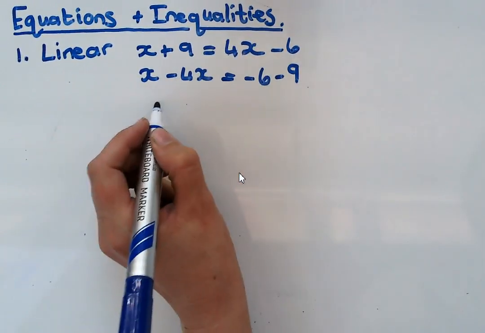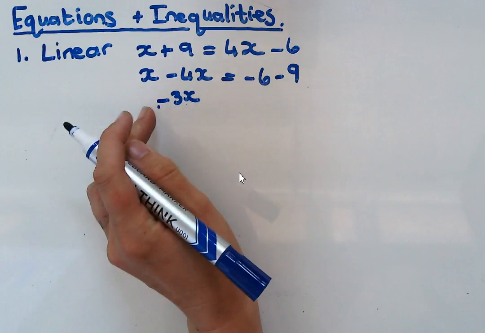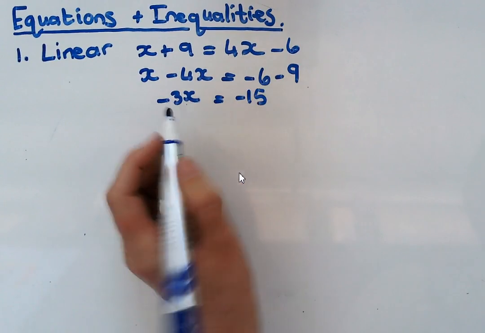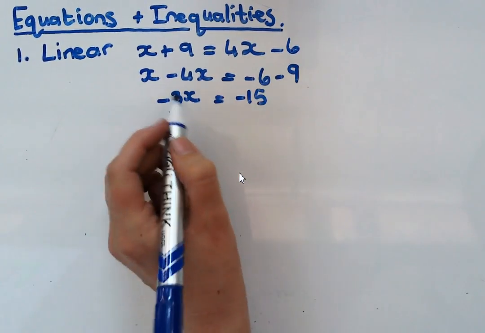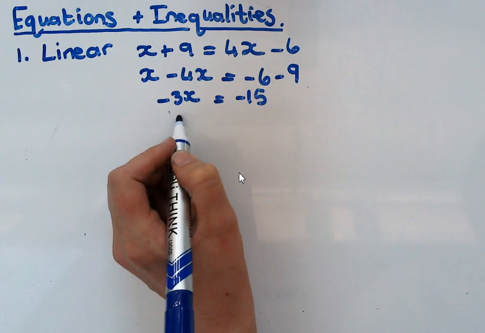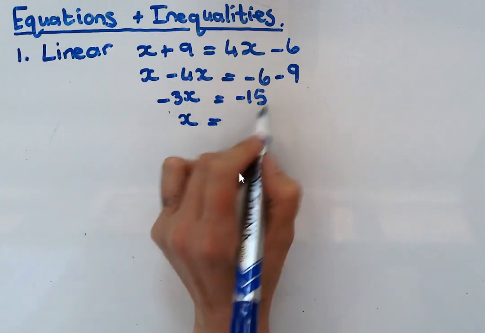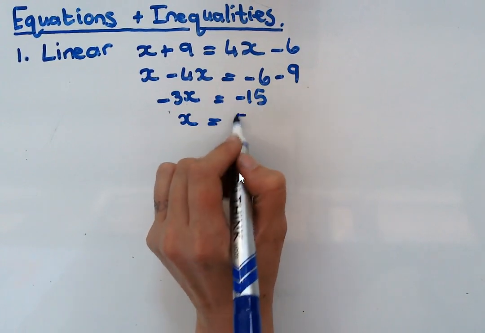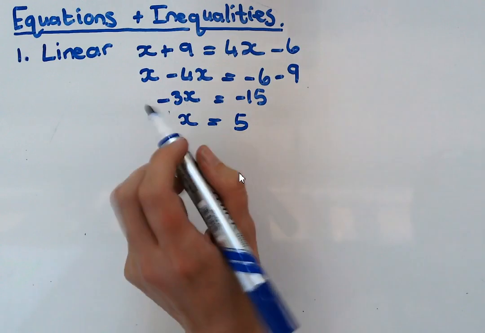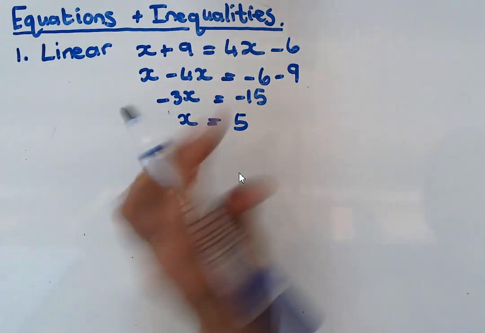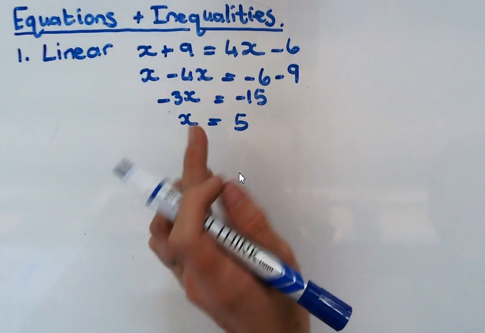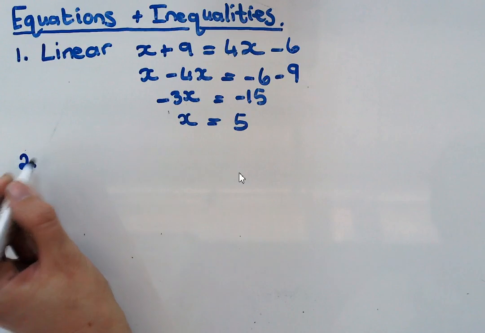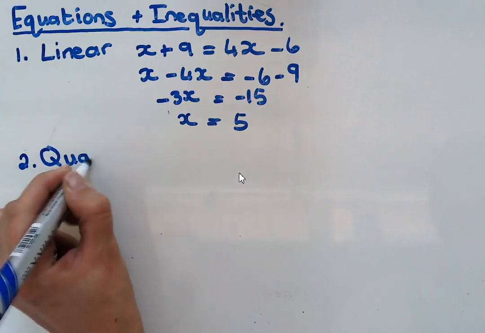So x minus 4x is minus 3x, and minus 6 minus 9 is minus 15, and then from there you simplify. So here this is x times minus 3, so I can divide with negative 3 and divide with negative 3. Negative divided by negative is positive, and 15 divided by 3 is 5. Right, so divide by negative 3 both sides, I get x is 5. This is the basic procedure for linear, which is when there's just a x. Right, so let's look at the next type of question that you must be able to do.